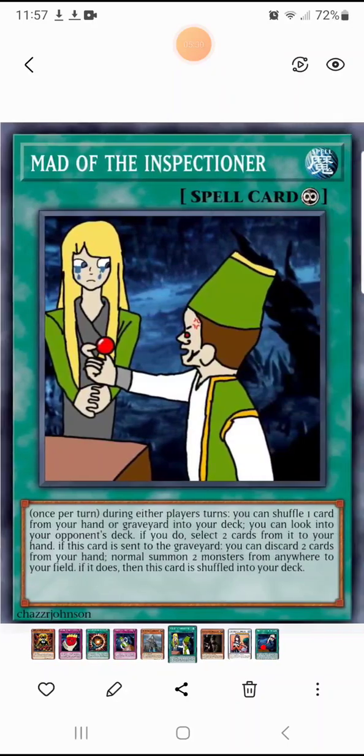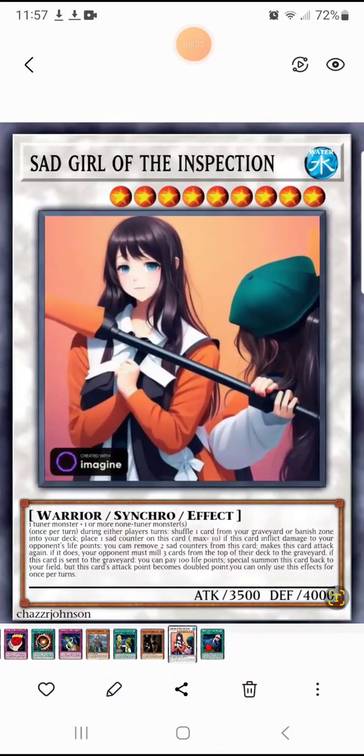So then the final monster is a synchro monster, Sad Girl of the Inspector. She basically puts these sad counters on herself, once per turn during either player's turn. The max is 10. Yeah, and if this card attacks a monster,